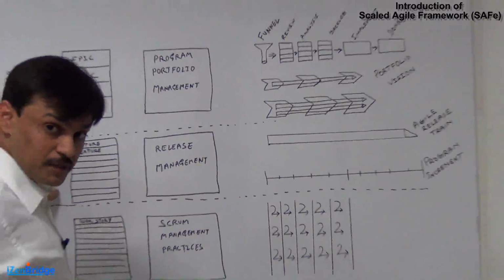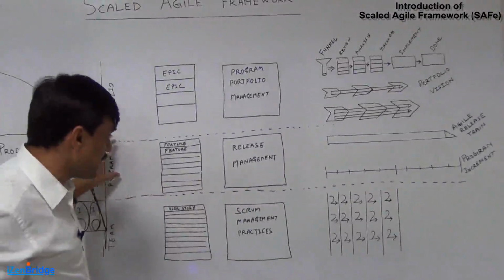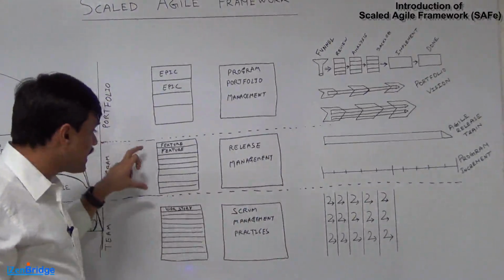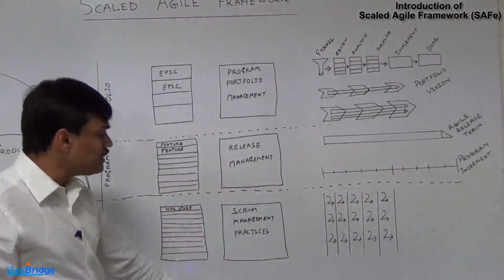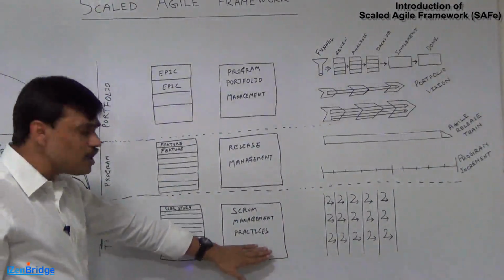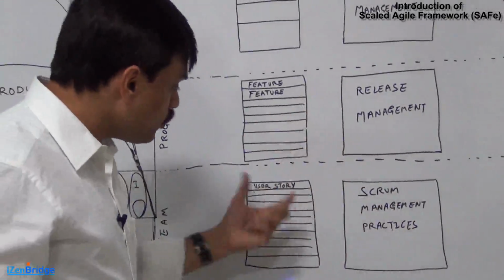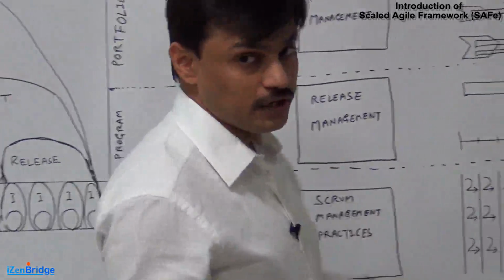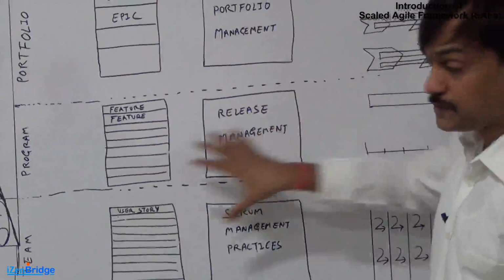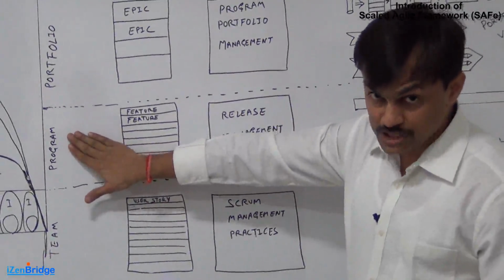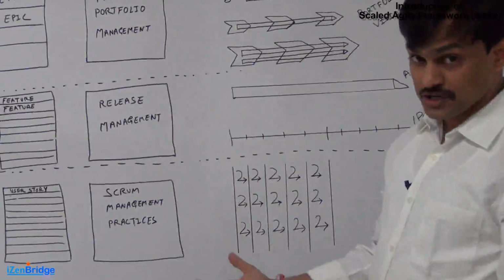There is a product management group who takes control of prioritizing the features, and this group sits at the middle layer. After getting the prioritization of features from the program management, we have the bottom layer group, which has all the Scrum roles: product owners, Scrum masters, and team. They have a user story backlog, which is a further elaboration of these features prioritized by the product management group at the program management level. At the team level, we do more or less the same Scrum, and we need to